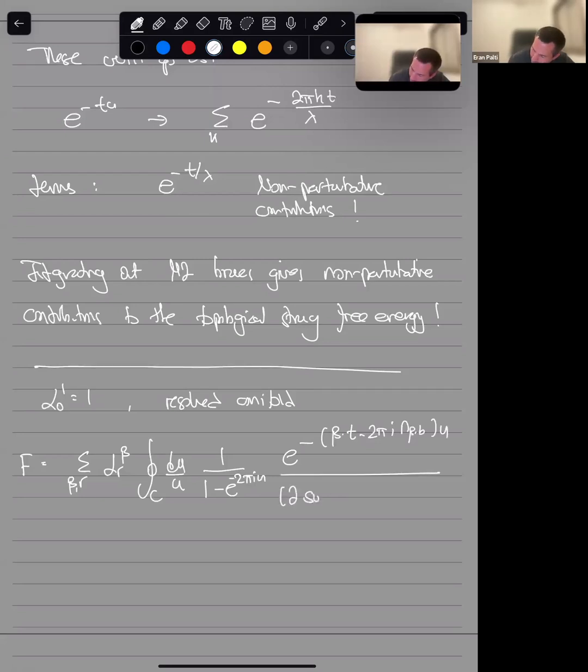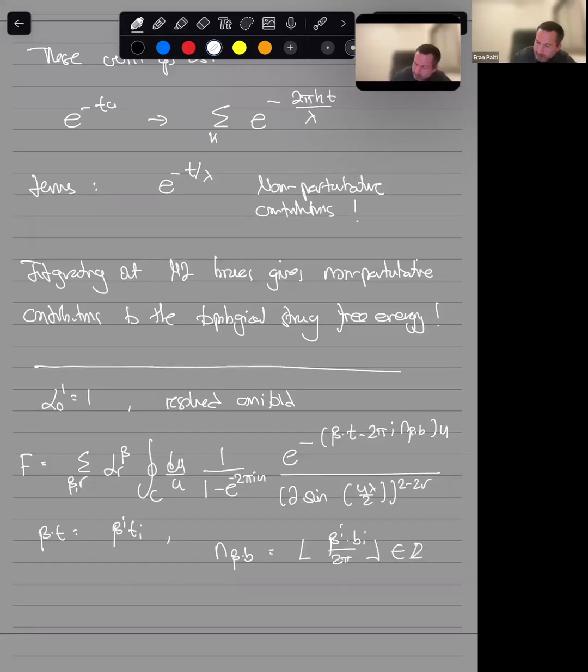And then 2 sine u lambda over 2 to the minus 2r, where beta dot t is what we call beta_i t_i, and n beta dot b is the floor function of beta_i b_i over 2 pi, which is an integer. So this is the final